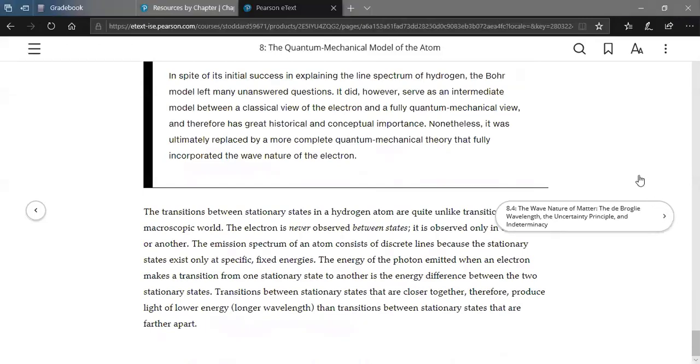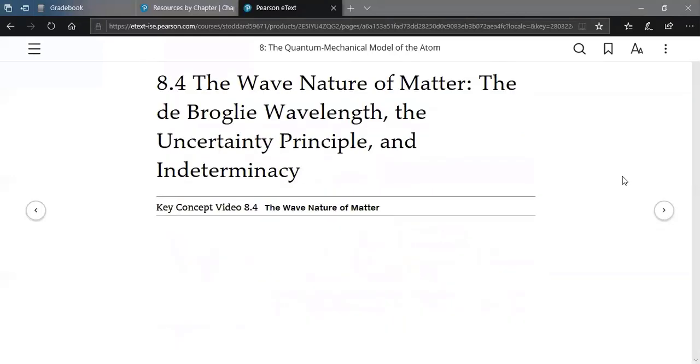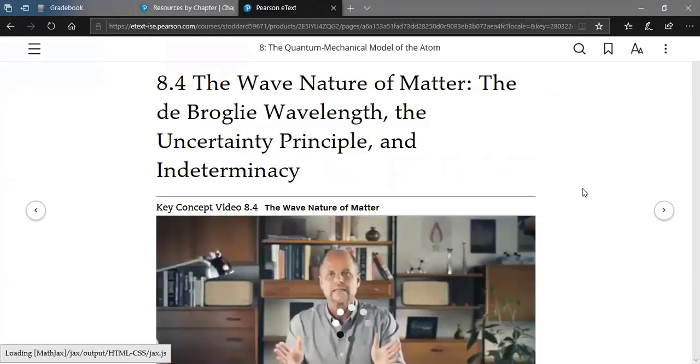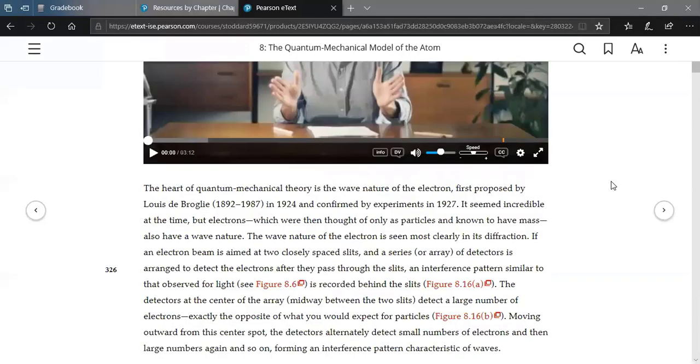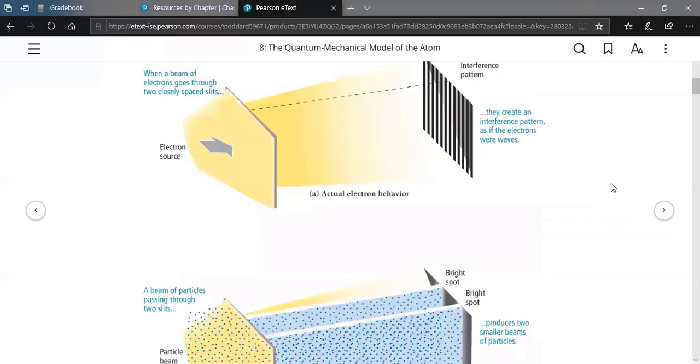Now, that's not the end of the story, because the Bohr model of the atom doesn't explain everything. It's very good at explaining what happens in hydrogen, but it doesn't explain what happens when you have more than one electron in an atom. You get variances that can't be explained just by the Bohr model of the atom. And so that's where quantum mechanics comes in. Section 4 is really giving you an introduction to quantum mechanics and the quantum mechanical atom,